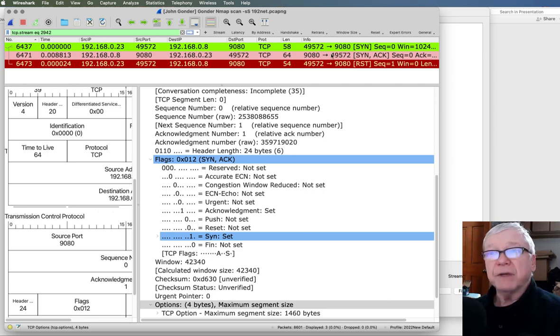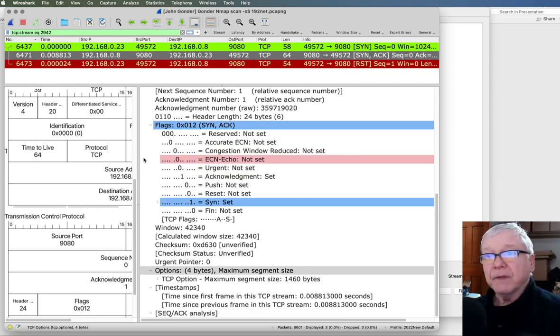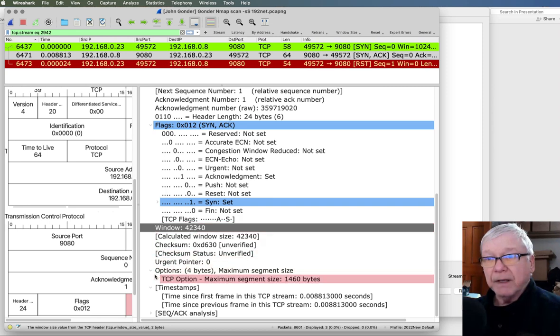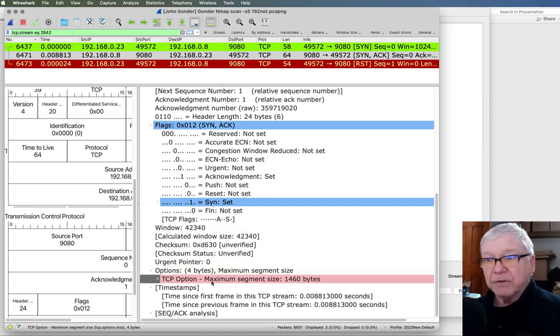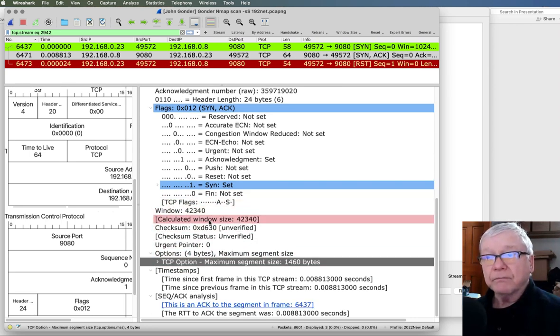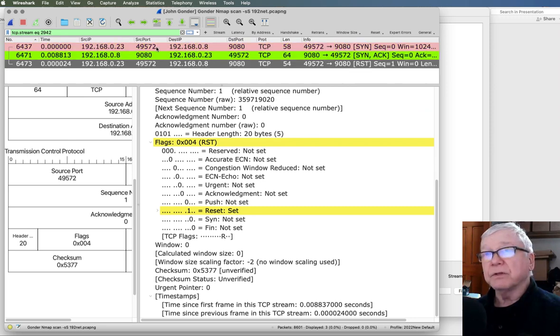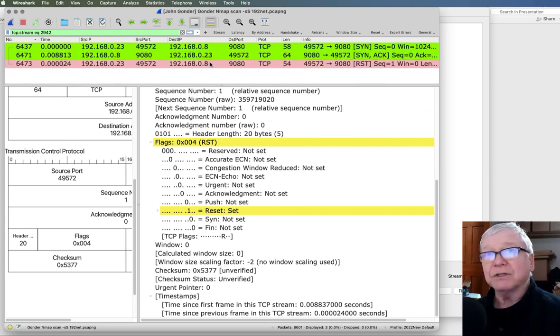We get a SYN back from the other side, and this side has a usable size window, and it has a segment size, and then it has, yeah, there we go. But then I say no. So this is really just a half open connection.